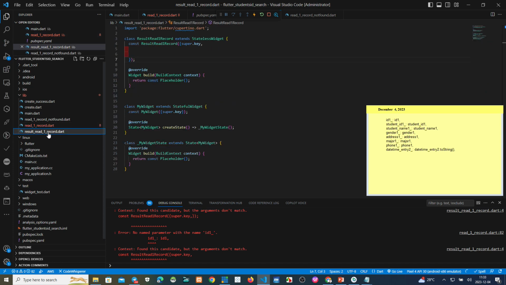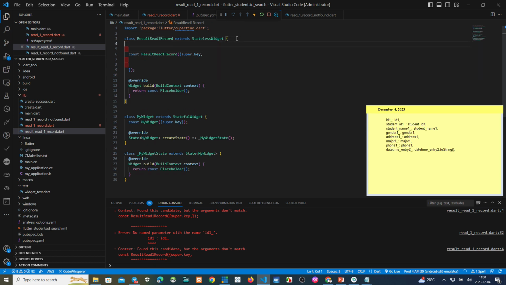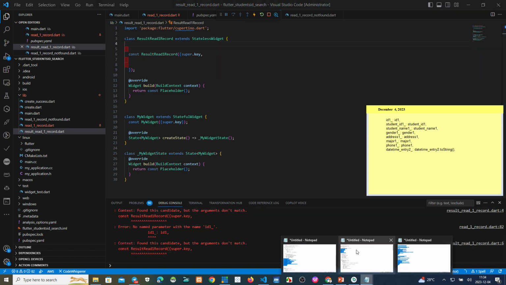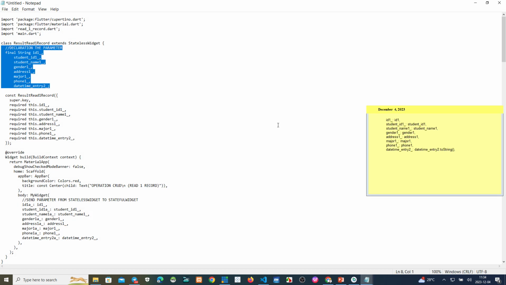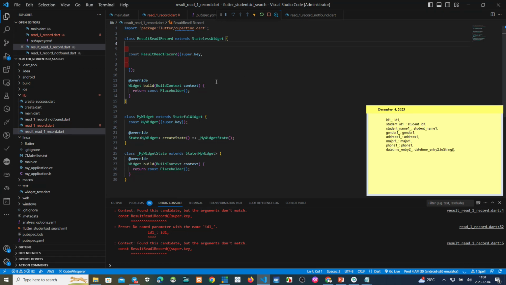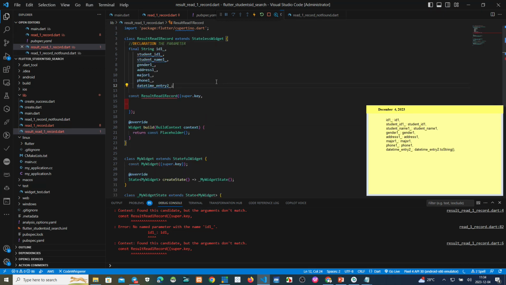Result, this one. You must make a declaration first on the stateless widget, the class stateless widget here. You make the declaration first.